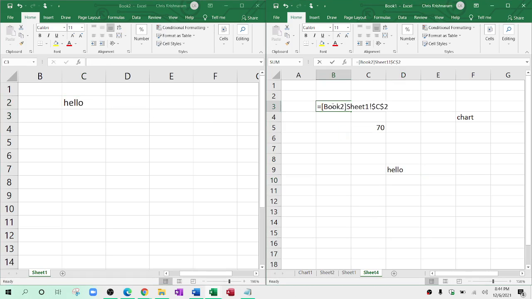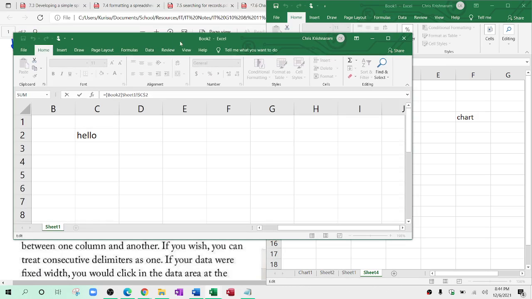Now let's look at the formula that was just created. Notice we have the name of the cell that we just linked. Notice it's using absolute addressing. We have the exclamation mark, and whatever is before it is the name of the sheet. And notice here now we have a new part. We have square brackets, and whatever is in the square brackets is the name of the file or the workbook. If you look at the very top, on the left hand side, in the center of the file,